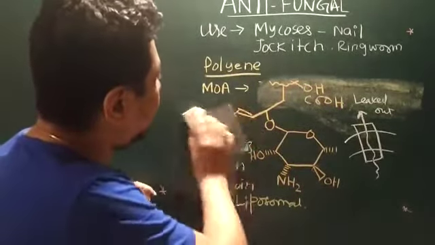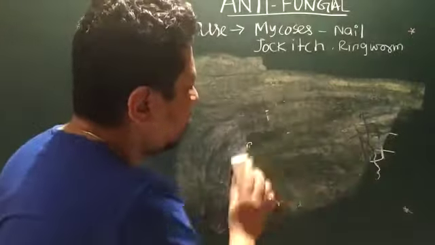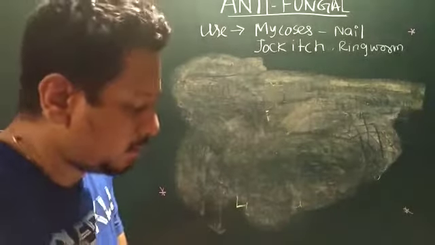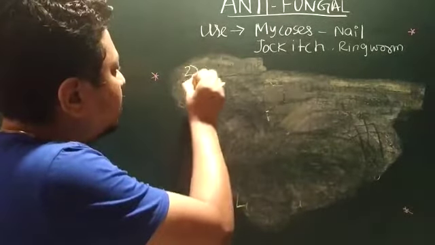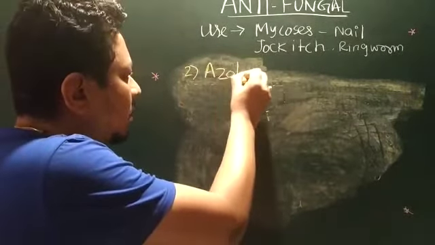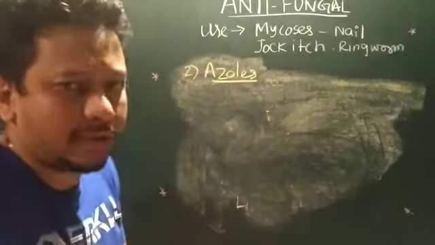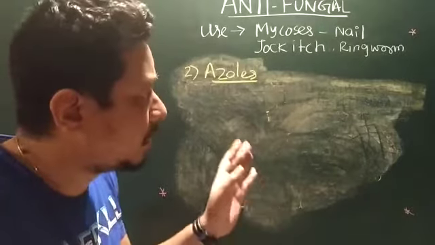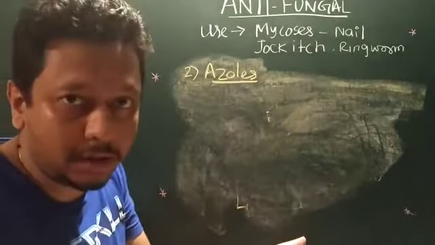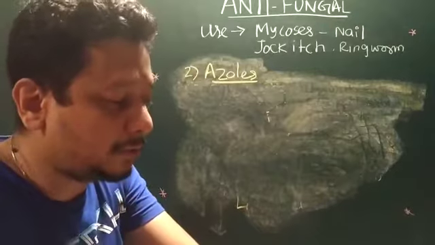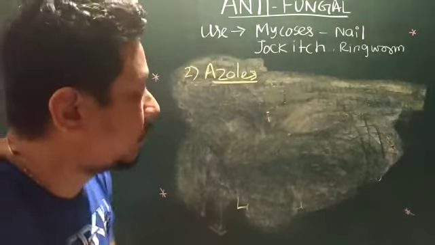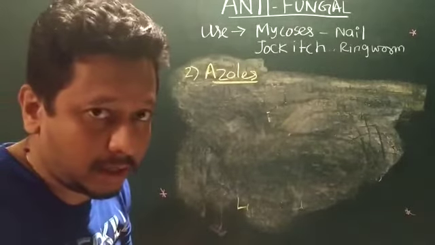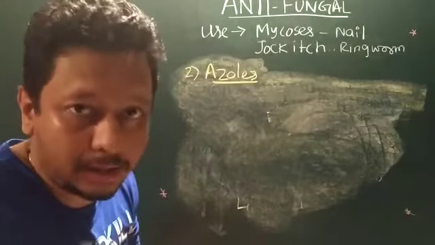Now move to the second class. The second class is one of the very popular ones, which is known as azoles, antifungal azoles. All azoles' mechanism of action is pretty clear. That is, it inhibits lanosterol 14 alpha demethylase, which I have discussed earlier in my videos. So now azoles, you have three types of azoles. One is imidazole-containing azoles, tetrazole-containing azoles, and thiazole-containing azoles.